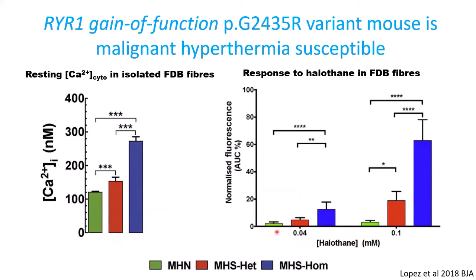Here at low concentrations, you can see that resting calcium-dependent fluorescence increasing in a gene dose-dependent fashion, and further in response to higher concentrations of halothane. So what's interesting here is that in these heterozygous mice, and of course in humans with the single gain of function RyR mutation, there's no phenotype in the absence of a trigger. So we suspect there are changes in calcium handling in the muscle in this condition, and also that males are more susceptible than females to dying under these conditions when they carry these mutations, which hasn't been